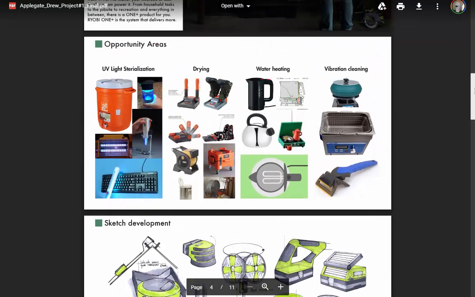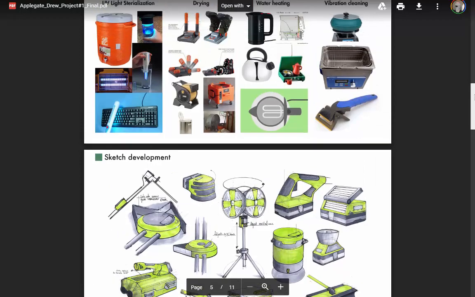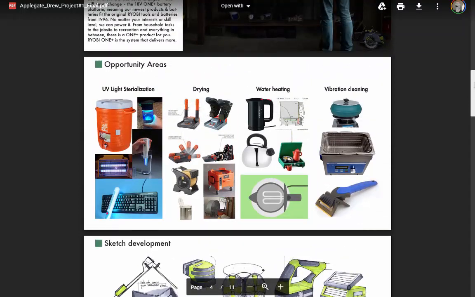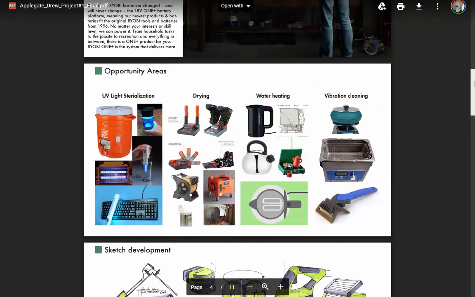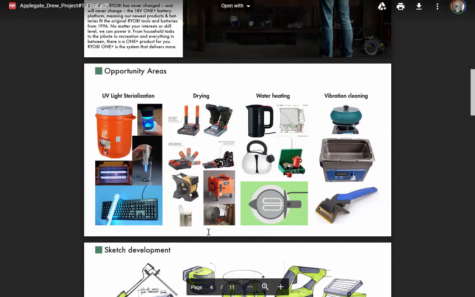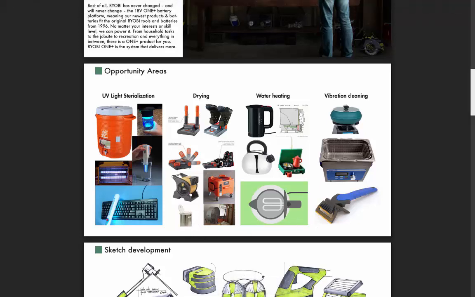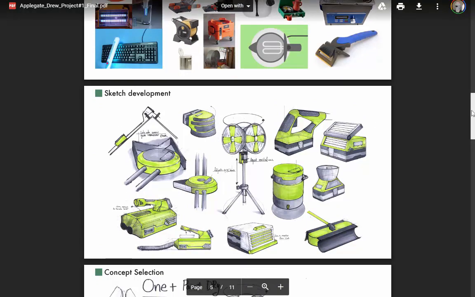Maybe instead of show me 4, show me 3, because it doesn't appear you're investigating 4 different categories in your sketch development. You could. I don't really know because I don't have any callouts and I can't read the callouts that you have. So maybe 3 categories and then a statement underneath. Drying lacks something. Water heating lacks something. That way there's an opportunity for improvement in your sketching development.